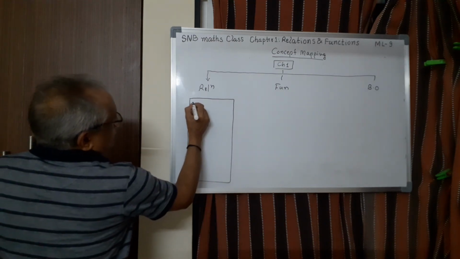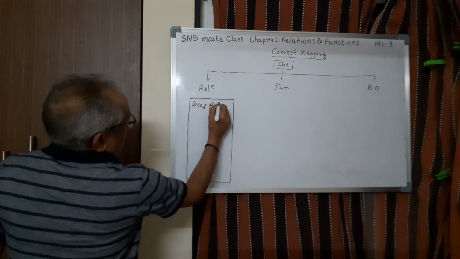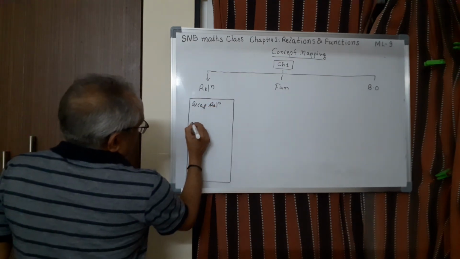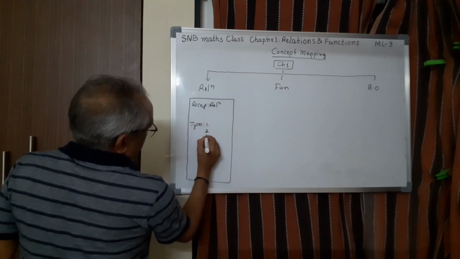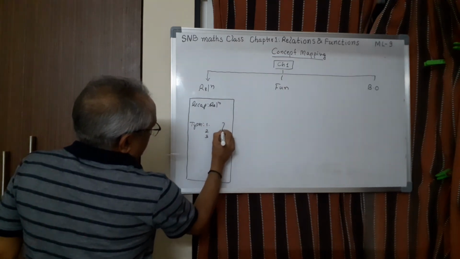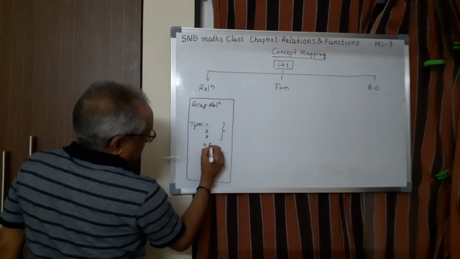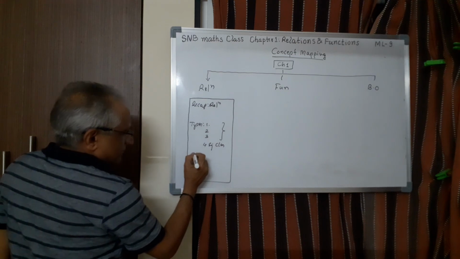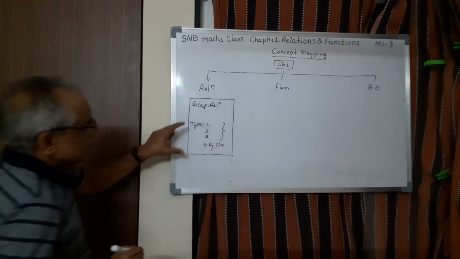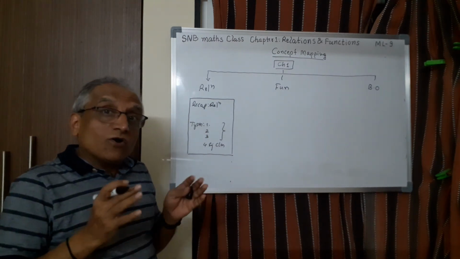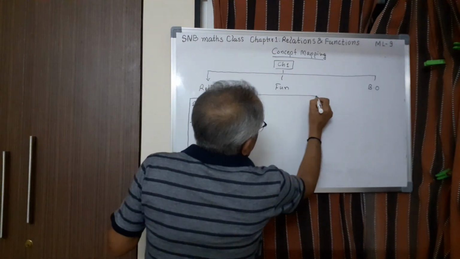For example, here you started with last year's recap, recap of relation. Here you write what things you have studied. Then types: under this, of course, one is reflexive, second symmetric, third transitive. All together, this is an equivalence relation. Then one more, equivalence class, etc. Then of course examples. So this much we studied. When you make this type of classification, it is very easy to comprehend and very easy to recall also.